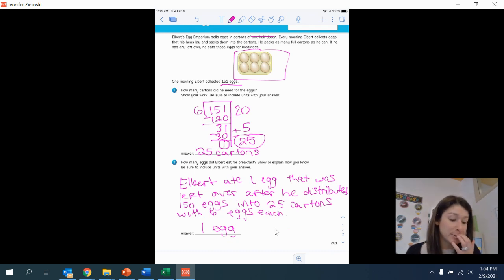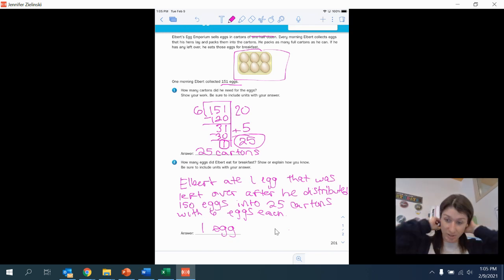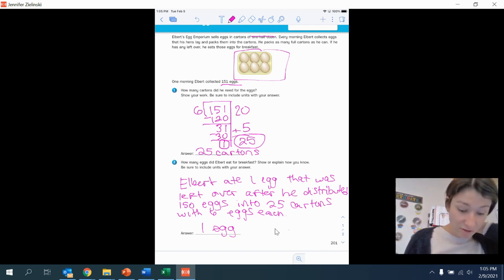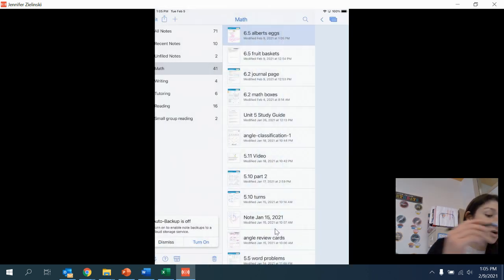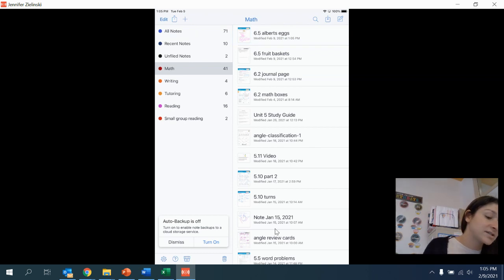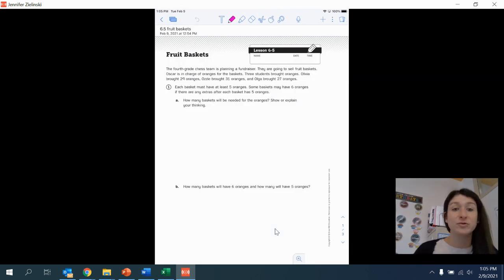Notice that I was able to explain that using the information that I had from this first problem. You're going to be doing something very similar. Since this is in your math journal, make sure that you take some time and make sure that you solved this problem, whether you did it first and then played the video to check your answer, or you did it along with me. You're going to see an activity called fruit baskets